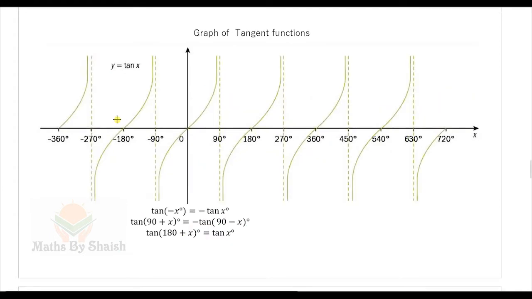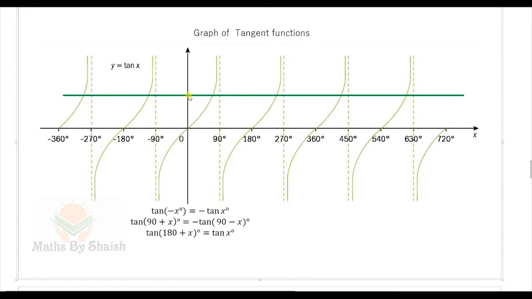Now similarly, the graph of the tangent function looks like that, and we can see that the period is 180 degrees. After 180 degrees it is going to repeat itself, so again if you want to find, for one value on the y axis, how many values there are, there are going to be so many values of angle for which tan of that angle will be same.